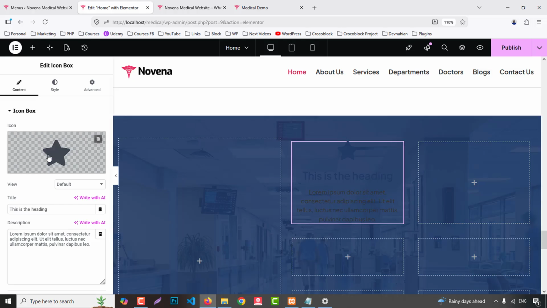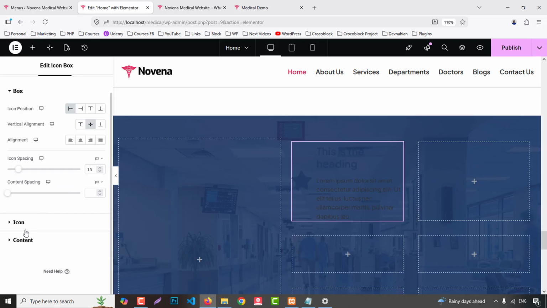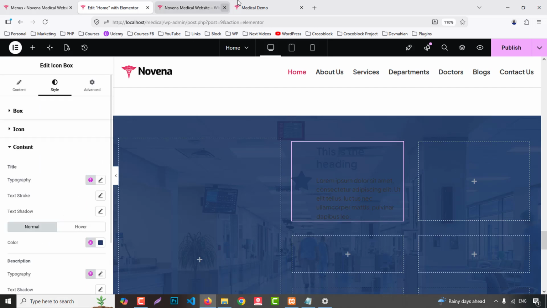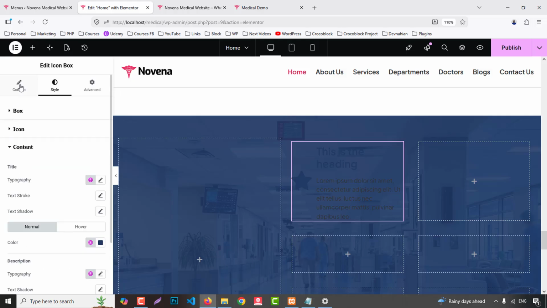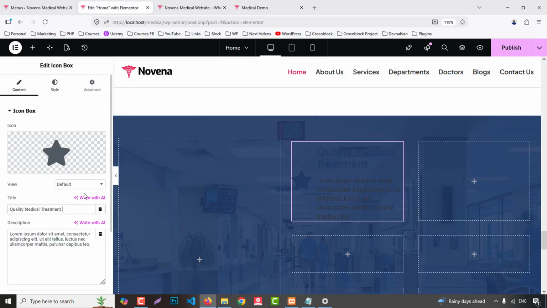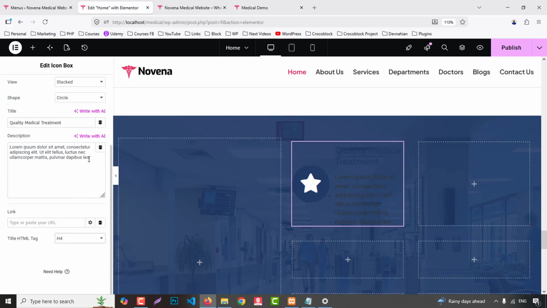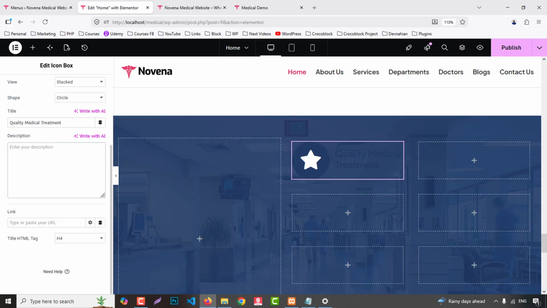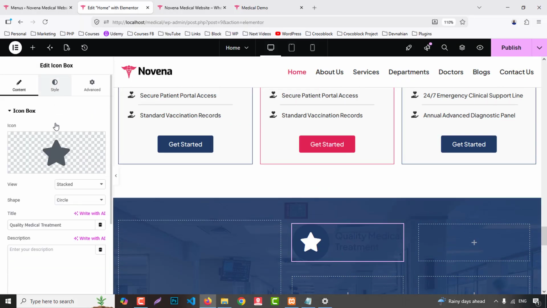Okay, so from here go to style, left alignment, vertical and middle. Okay, so we don't need content basically. We can just copy this line from here. So from content we can just use text, and here we can stack and change text to H4, and we don't need any description. Okay, fine. Now click here, go to style,